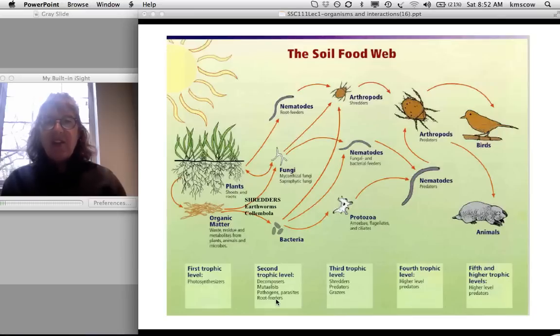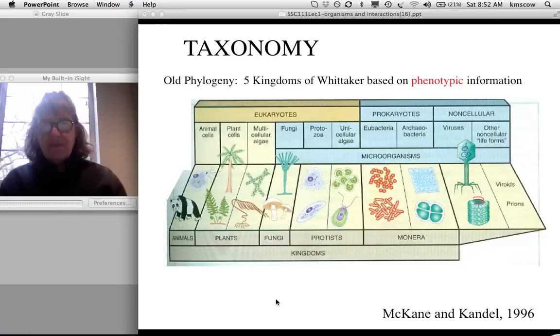We don't have a charismatic bald eagle here like we do in a lake system food web. Our charismatic megafauna, I guess, are things like moles and aardvarks and armadillos. Anyhow, so we need to look at how do we classify organisms,